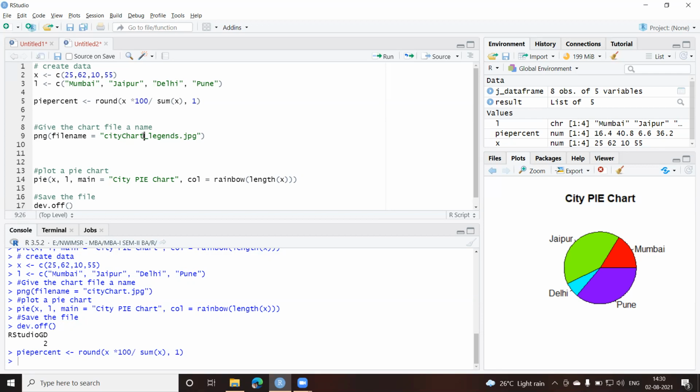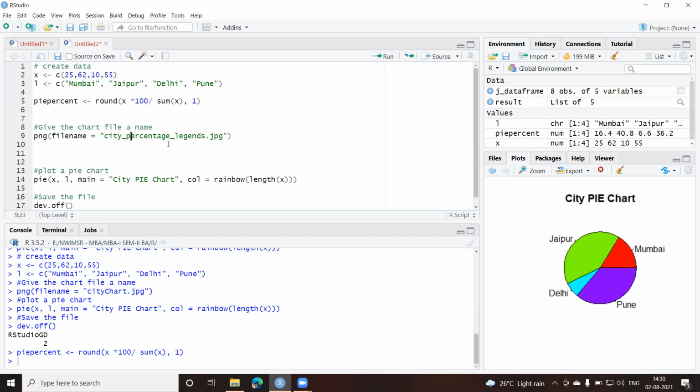Let me give percentage and legend, like this. Now this is a big name, but still, just to differentiate between the previous file and this. I know that this contains percentage and legends as well.